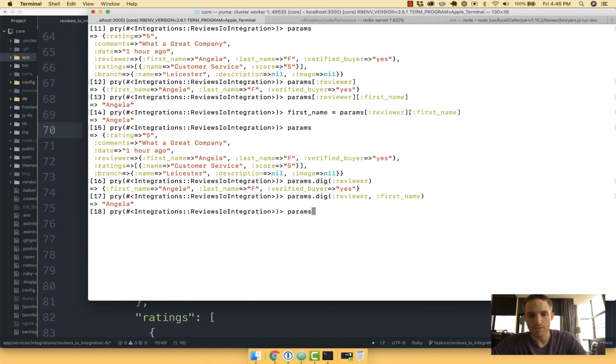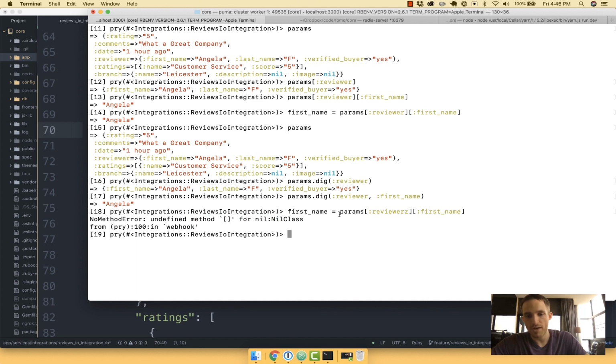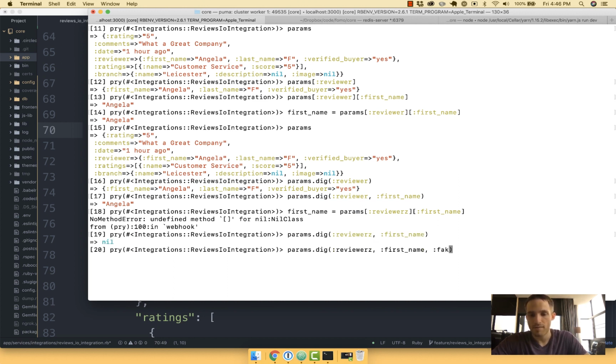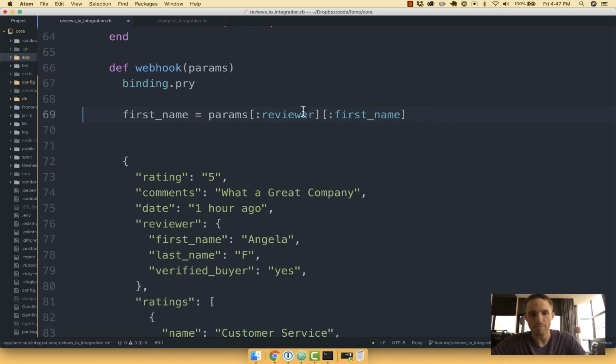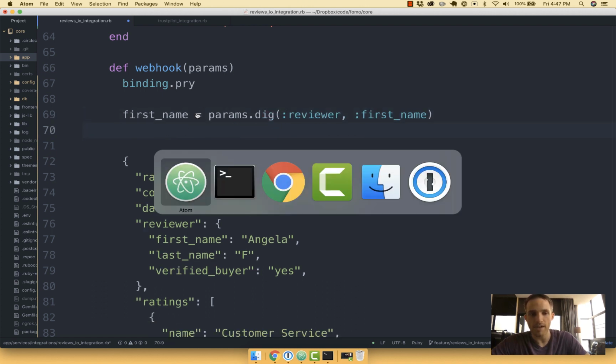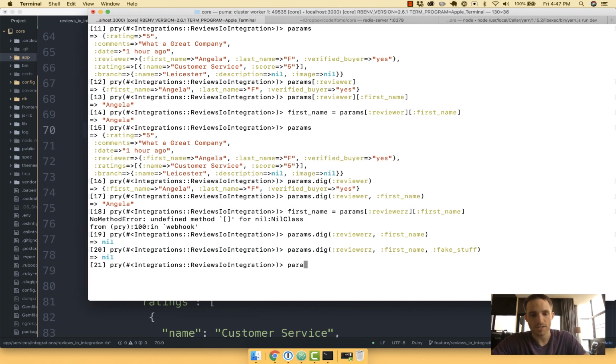So if I went back to this old strategy with these brackets and I said reviewers, well, that's breaking. Long story short, it's breaking because I'm trying to invoke methods on stuff that doesn't exist. But if I use the dig method, reviewers, it doesn't care. I can pass in fake stuff, and it's just going to sort of fail silently. Now you have to be careful. It's an art and a science knowing when to use methods like dig that fail silently versus when you want the errors to scream at you. But that's sort of just another